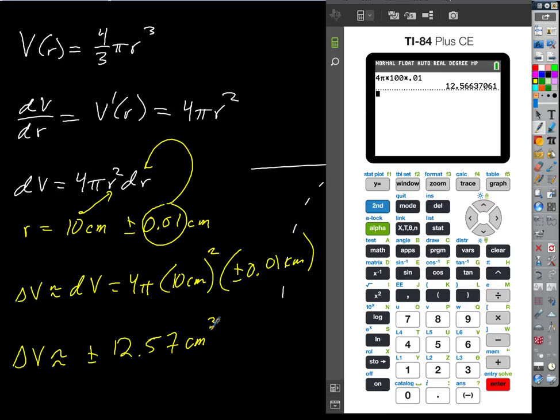But this is telling us then that the volume that we're producing in these ball bearings could vary by as much as 12.57 cubic centimeters above or below our target value. That's a lot. Well, I don't know, is that a lot or not? Another question: how big are the ball bearings? Okay, so if I'm building something, and I can measure